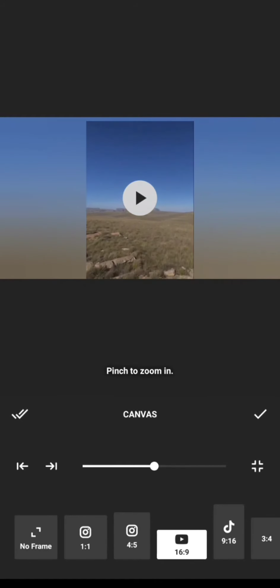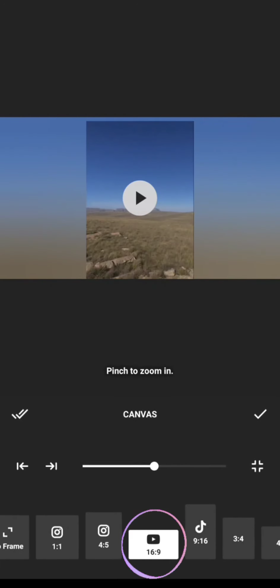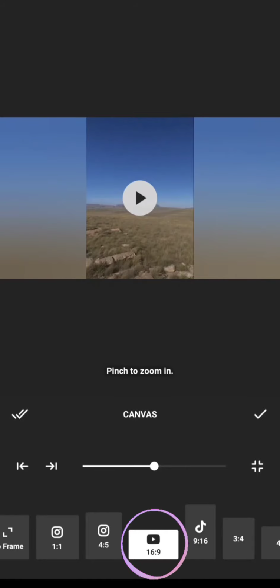Now a lot of frames are given over here down below, if you are seeing. Symbols are also provided over there. Instagram, YouTube or TikTok, different ratios are also provided. Now we are selecting this video mainly for YouTube purposes, so we are clicking on the YouTube label. Now we can see it is not fitting the frame. It's not appropriate for the screen. So we can enlarge it by clicking over here.